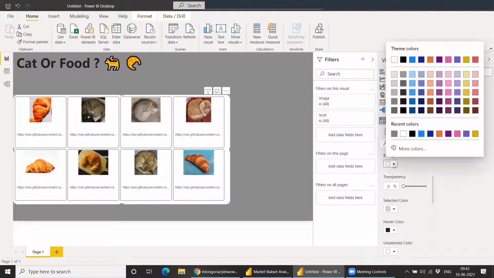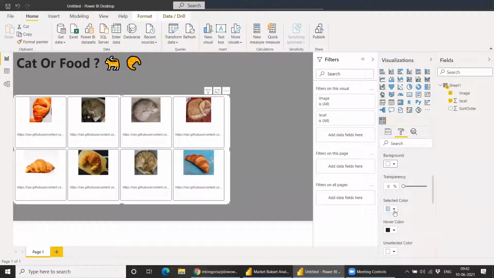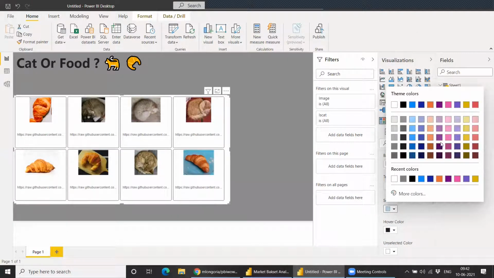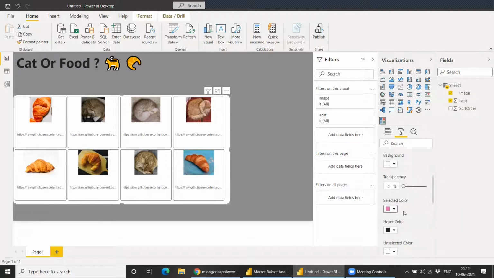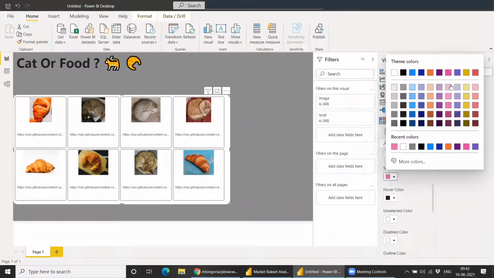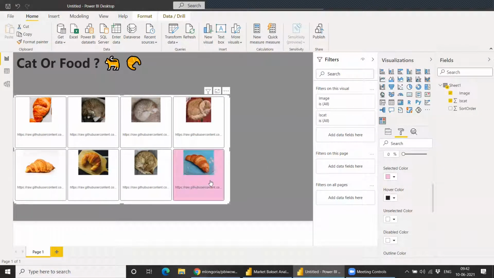Let's keep background as white. Selected colors, let's take something like purple. Whenever you select anything, it's too dark. So like this. Then images.